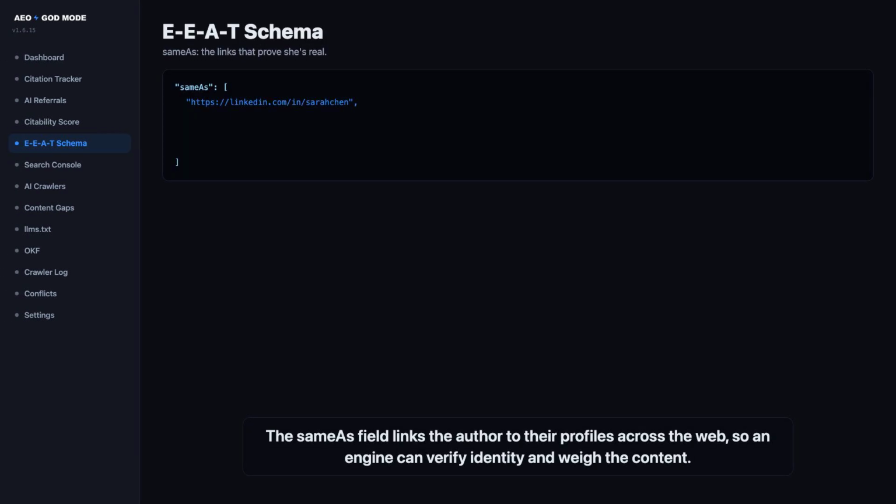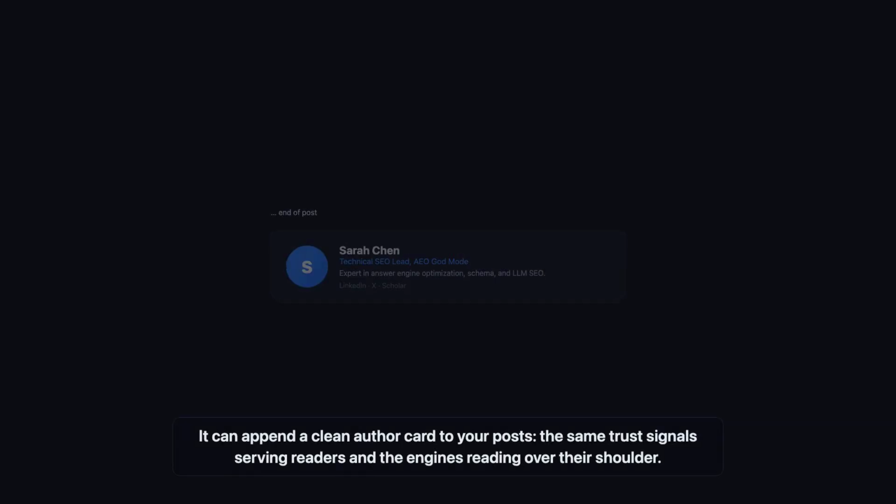Then it adds the links that prove the person is real and established, their profiles across the web in the sameAs field. That's how an engine connects your author to their reputation elsewhere and decides the content carries weight. Identity made verifiable. And because trust signals should help readers too, it can append a clean author card to the